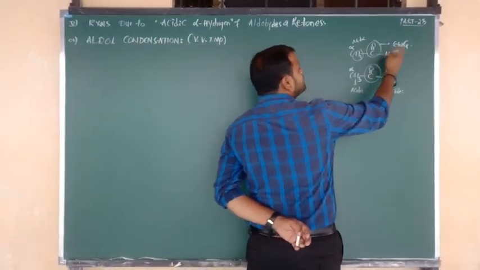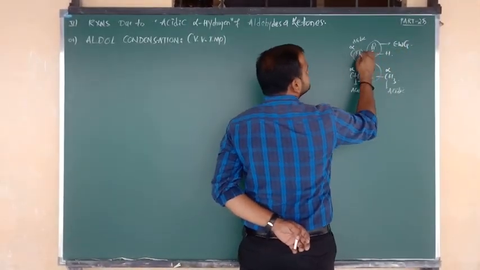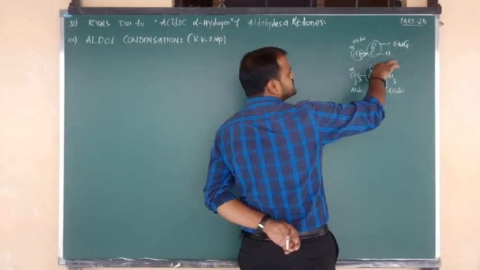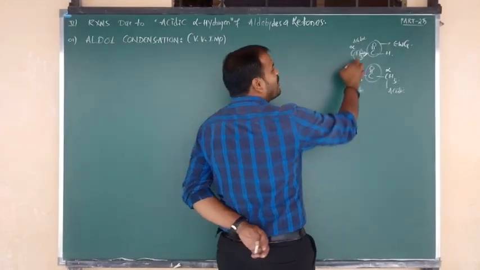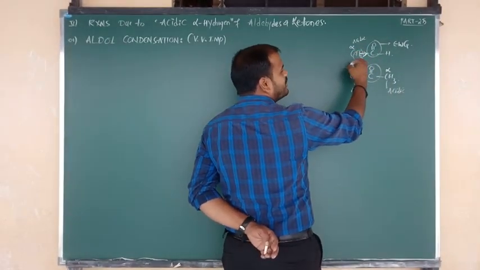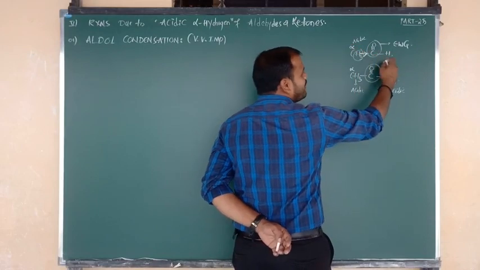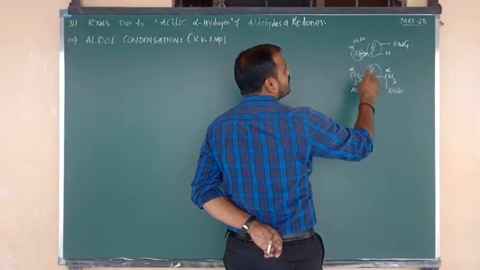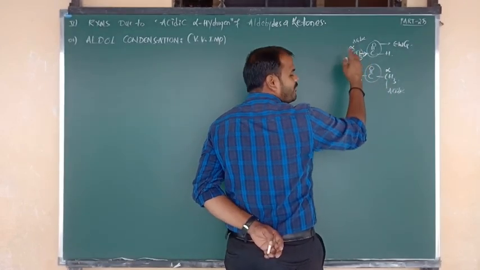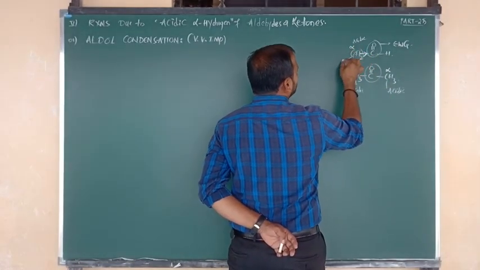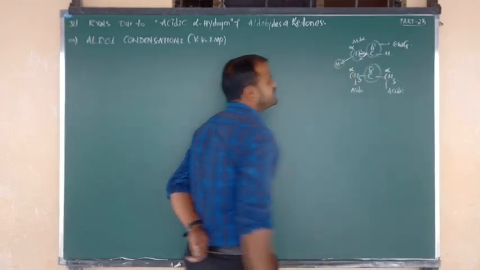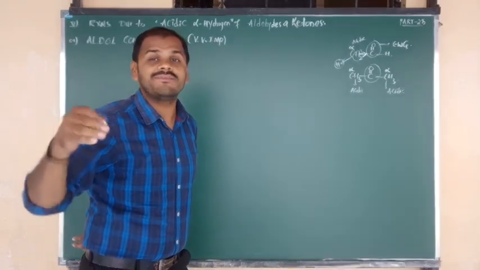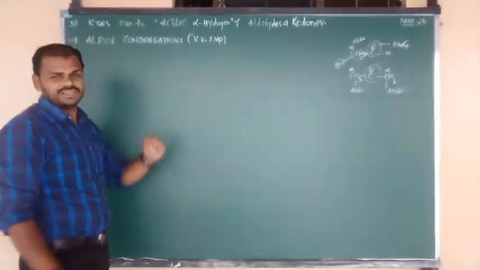Due to its electron withdrawing nature, the sigma bonded electrons shift or delocalize towards the carbonyl group. So all the electrons of the methyl group are withdrawn by the carbonyl functional group. Due to that reason only, the CH3 carbon, the alpha carbon, is ready to lose the proton. Such proton donating tendency is what we call acidic nature.